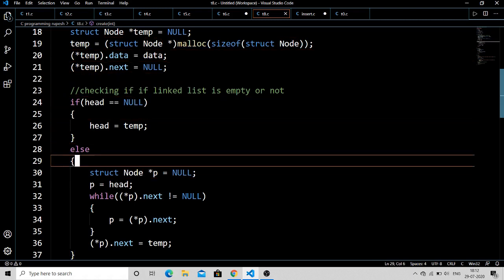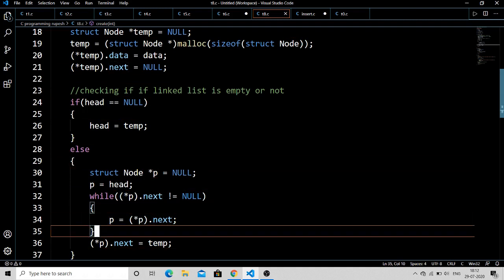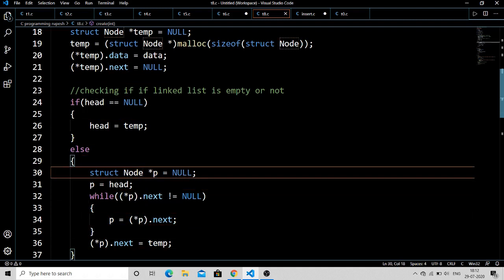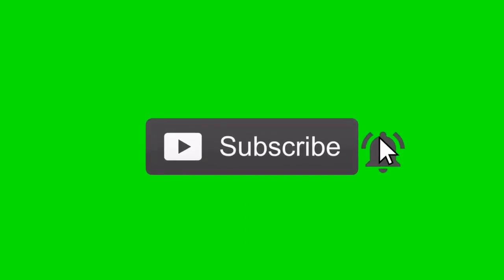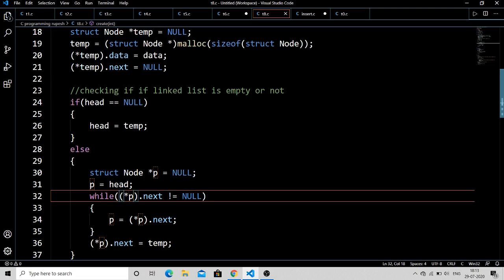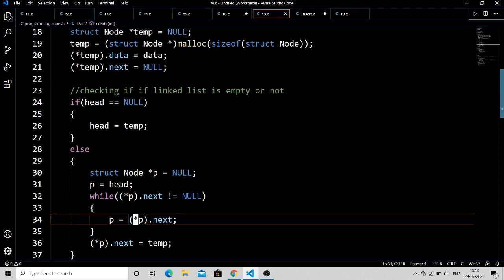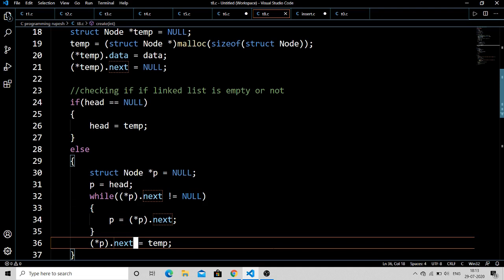To do that, we write struct node star p, a temporary pointer which will first point to the first node of the linked list, and then I will traverse through the list until I find star p dot next is equal to null. Once I find that star p dot next is null, I will update star p dot next from null to temp. So finally the new node has been inserted into the non-empty list.